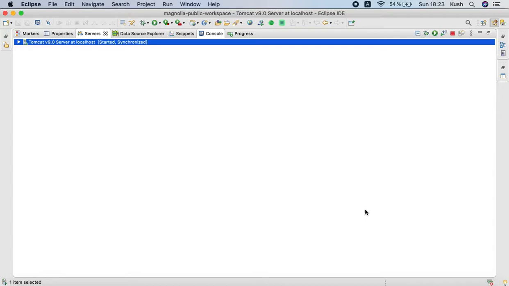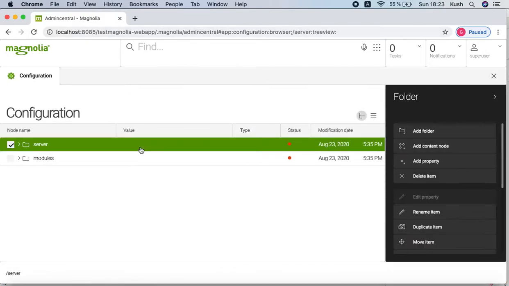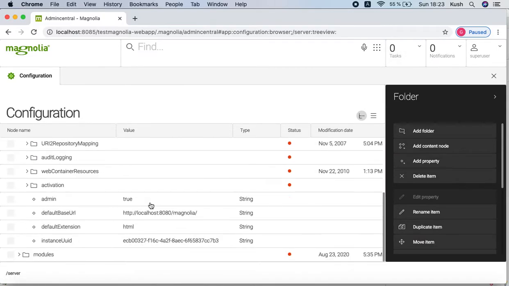Now it is started. I will go to the author instance. I am assuming the 8085 code base is my author server. I will go in there, go to the configuration side, go into server and then admin. If you see here, admin is true.